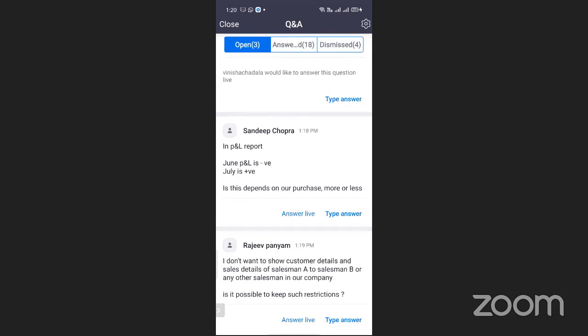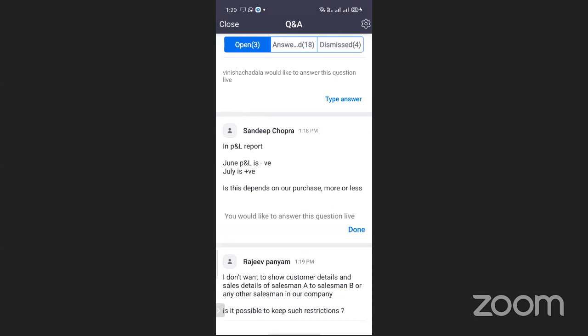So if you want to see consolidated data of a year, you'll get a proper idea of how many purchases you have done and how much sale you have done in this particular year, and accordingly this is your profit and loss. So seeing it on a yearly basis could be a better choice. But if you see it on a monthly basis, you can see negative and positive according to your purchase and sales both.